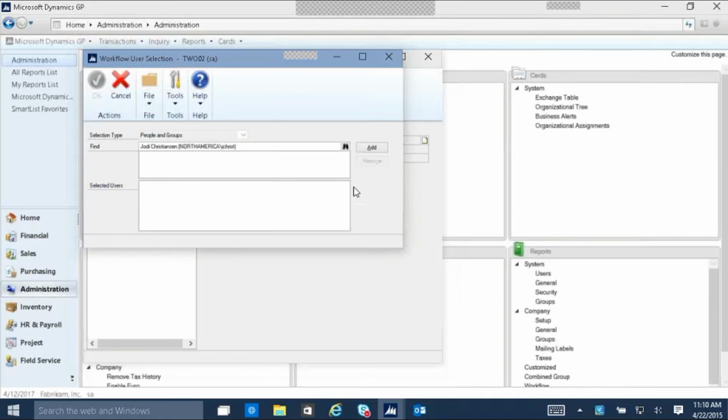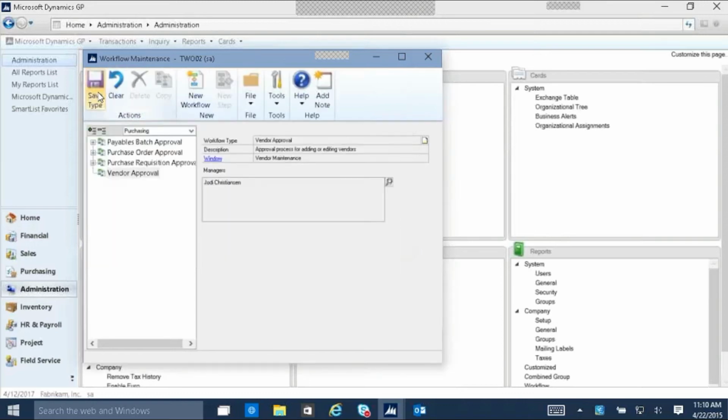Right now this is actually using Active Directory, so this is my Microsoft information that's coming across here. So I'm going to add my information here. There is another place that this window is used, and I will explain that window when we get to that step process here in just a few minutes. So you can assign more than one manager in this window. That's certainly fine. If you want to have more than one, you would just add another person in that window that came up. So once we have our manager assigned, I'm going to save it,